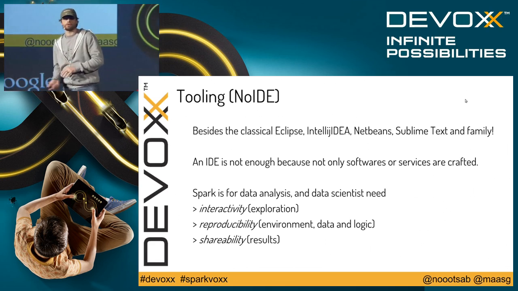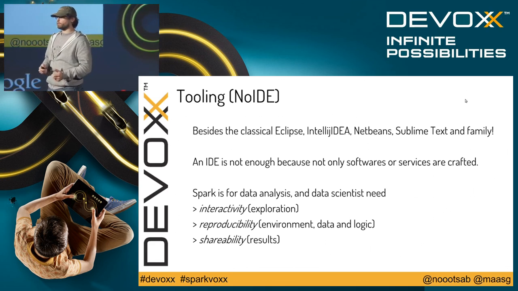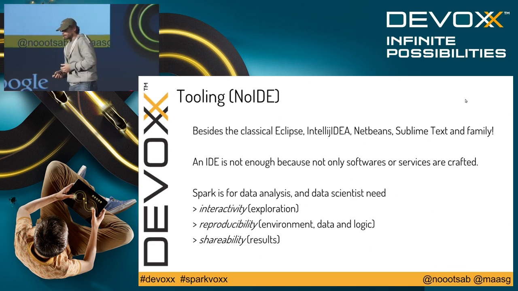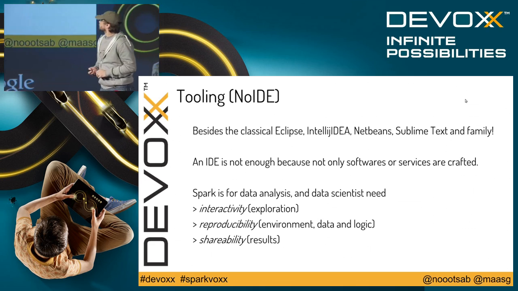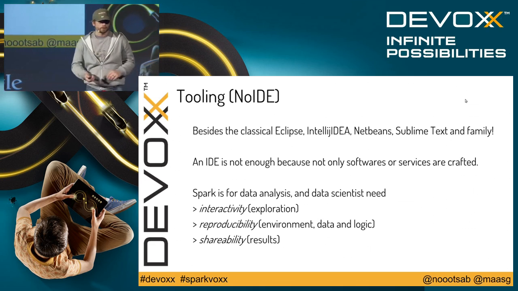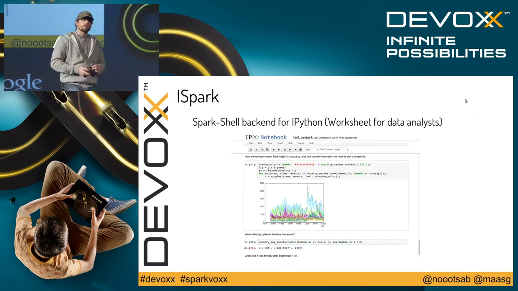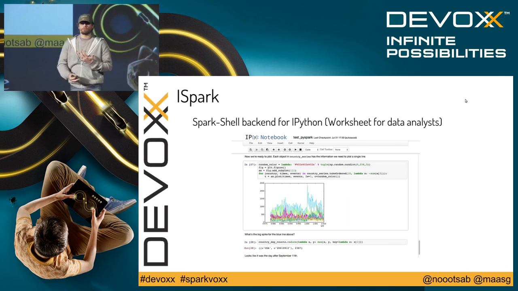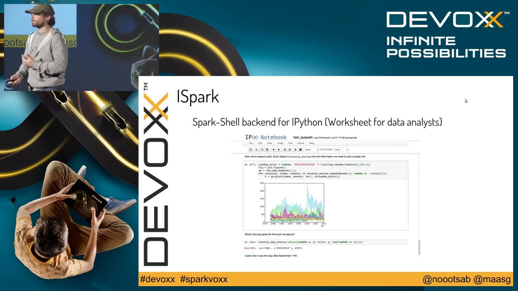That's why in the Python world they created what they call the notebook, which is something that you can share quite easily online and has some fancy features to make annotations and so on. So this is what we are going to talk about now. Quick, because I have only 8 minutes left. The very first one is Spark Notebook. It's just a port, a back end of IPython, but written in Scala to target Spark, instead of written in Python to target Spark using the Python API.